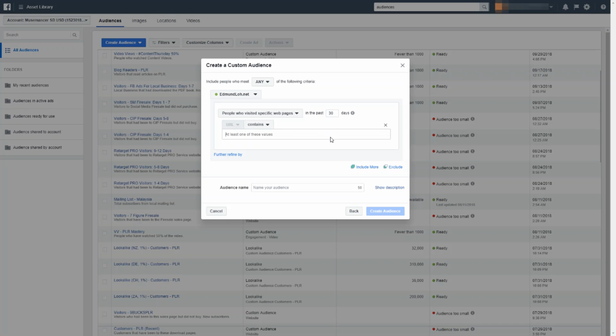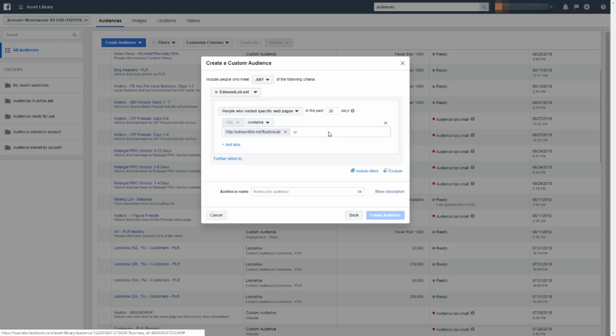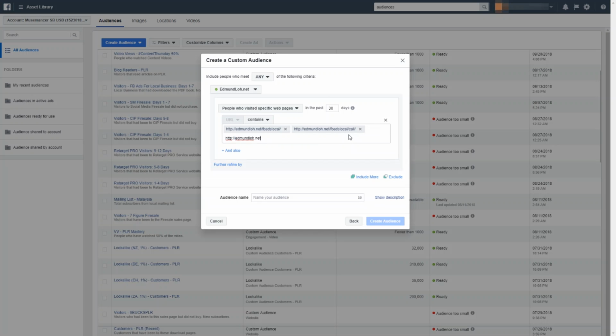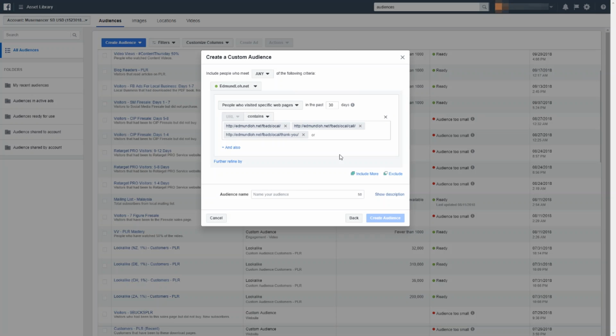And you want them to have been to a certain website, but they didn't make any purchase. So this is going to be an example. All right, I'm just making this up right now. So if you want to make a certain type of people who have been to a few types of web pages, that's okay as well. You can put in more than one address. So just for the fun of it, I'm going to put in these addresses here. All right. So let's just say people have been to any of these 3 web pages, but they didn't take